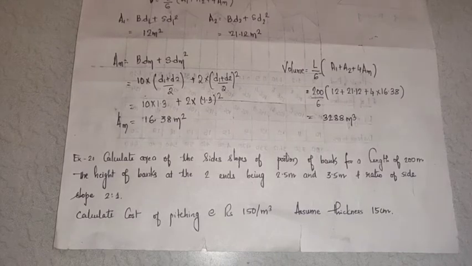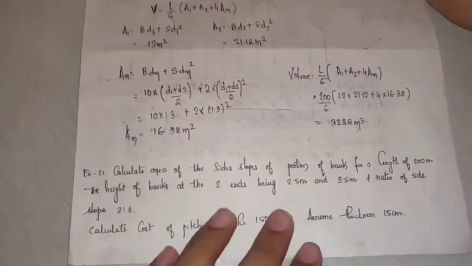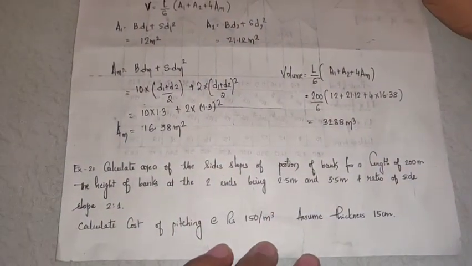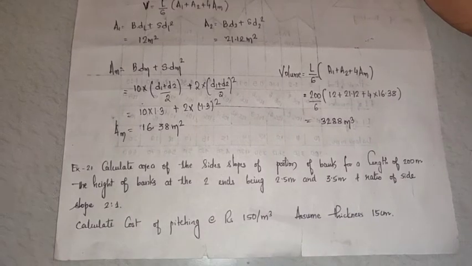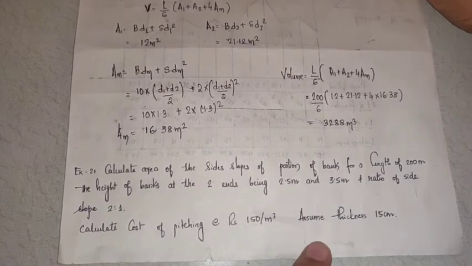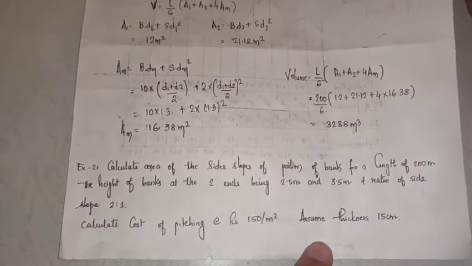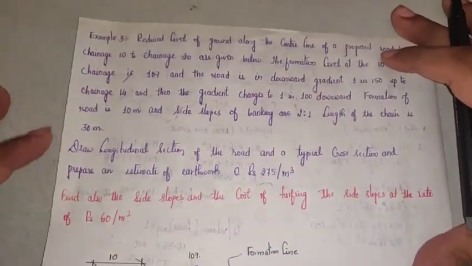In the first part of the video I explained something about the side slope area, that is turfing or pitching. So using those concepts you can try out this problem yourself. And please share the assignment solution either in the comment box or on WhatsApp. Okay, moving on to the next question.